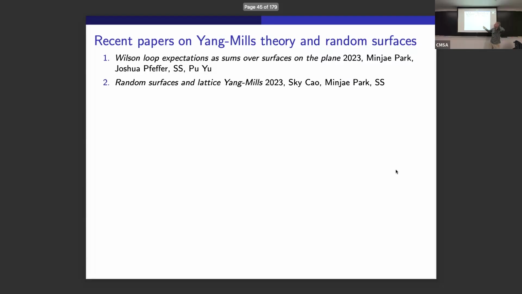This other paper, next to random surfaces, lattice Yang-Mills, is where we really understood in the lattice models how you could explain the Wilson loop expectation as a sum over surfaces that have that loop as its boundary. And so we came up with some sort of surface model, and we're able to rigorously show this statement about the insertion cost. If you put this big loop, the insertion cost in our random surface model is indeed the Wilson loop expectation